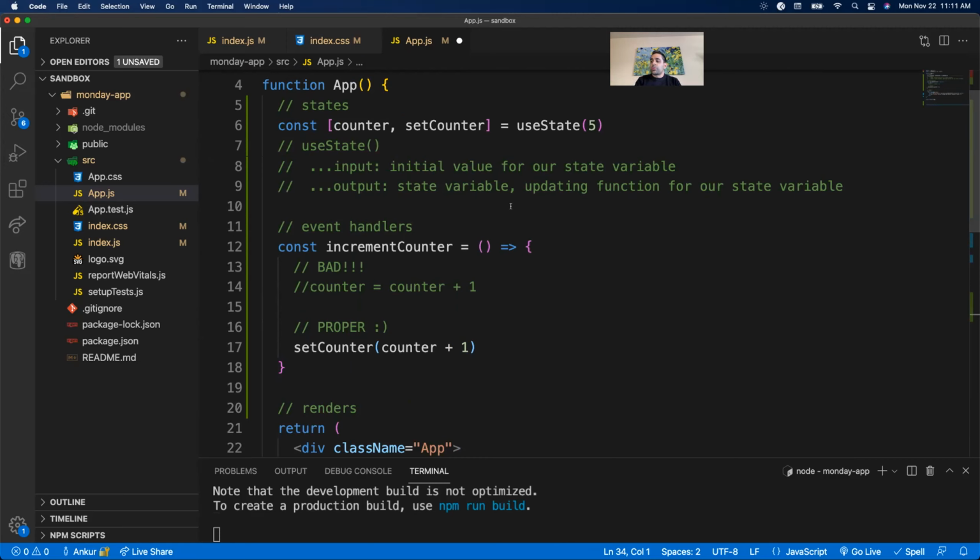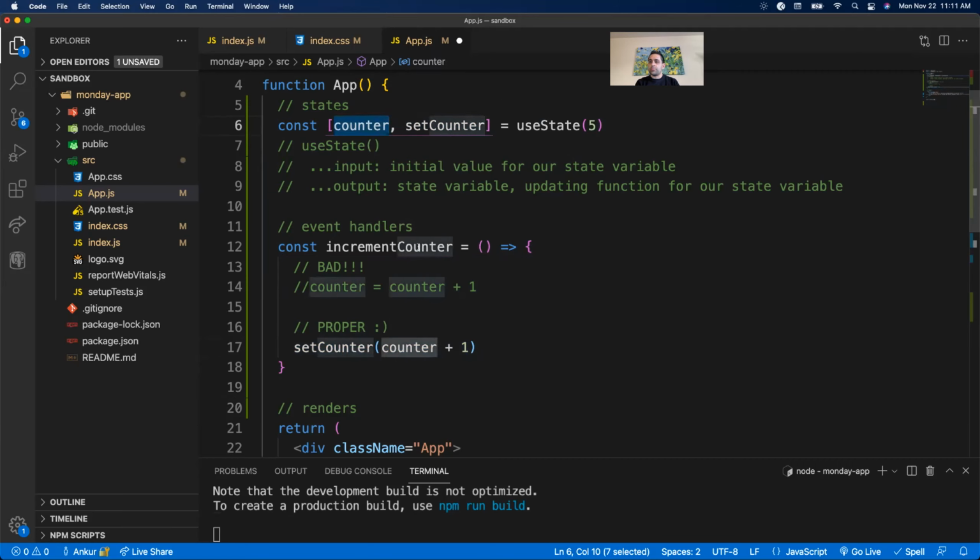So we will talk about that. I mentioned this isn't the fully proper way to do this, and again, this is a little nuance. For our introduction, I don't want to lose you guys here. So for simplicity's sake, set counter can just take in your new value, and that's going to update your counter value. Let's just take that as granted. There's a little more to it, but for now, I'm going to go with this example. So whatever your set function or updating function is, you just pass it the new value and it'll